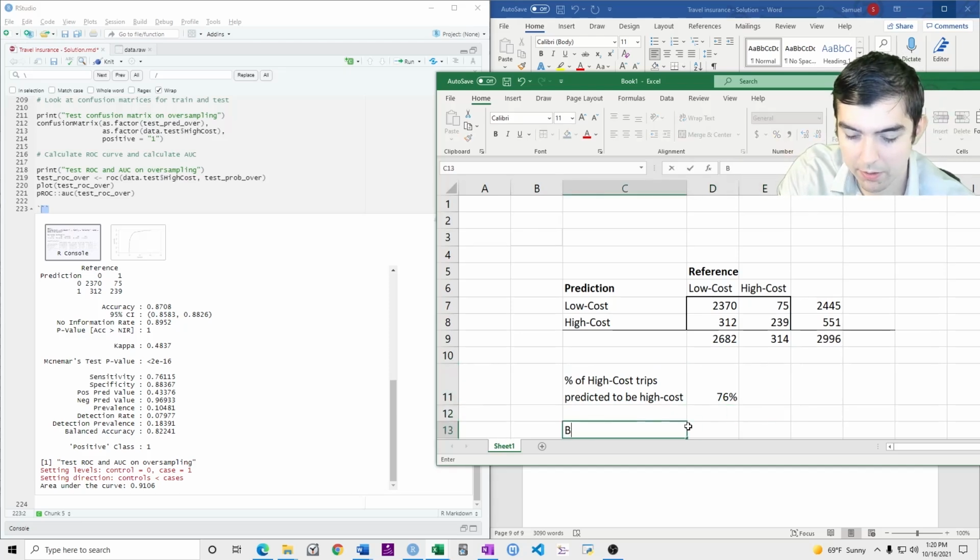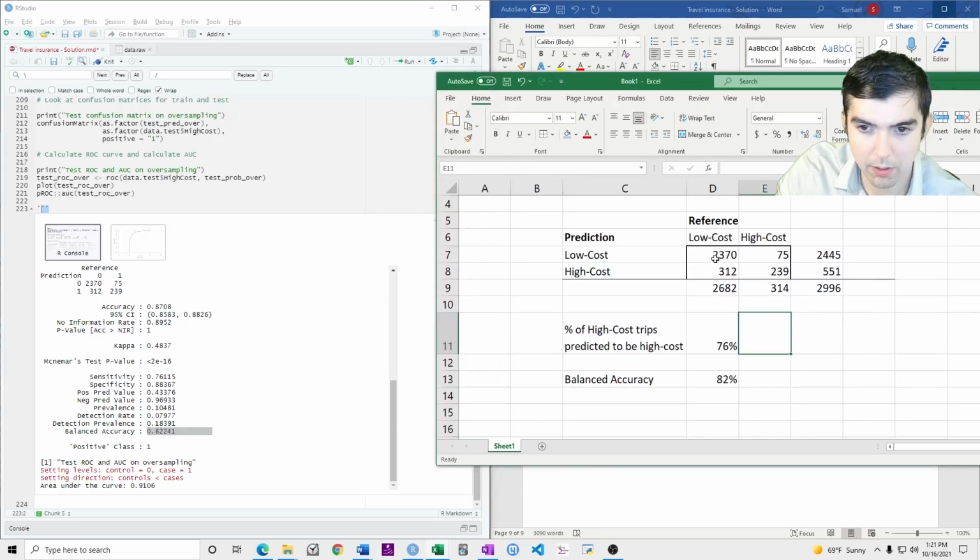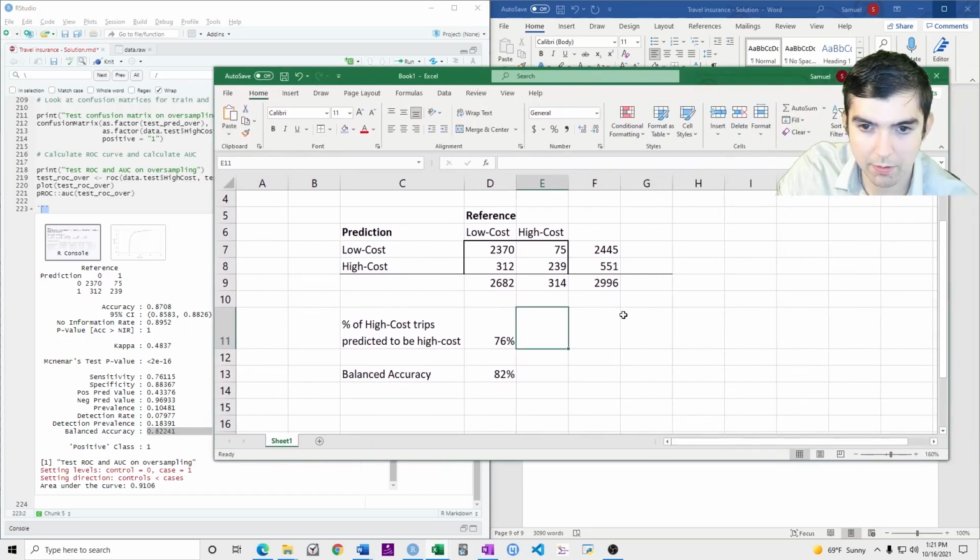And then the balanced accuracy. I'm not going to create a formula for that. I'm just going to copy that. That's 82. Yeah, and then there are different ways that you could format this.